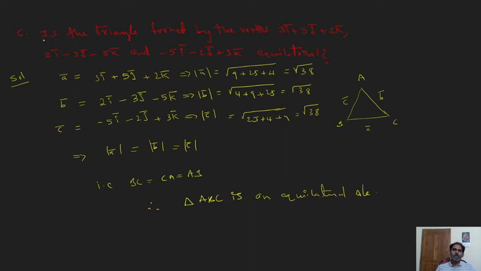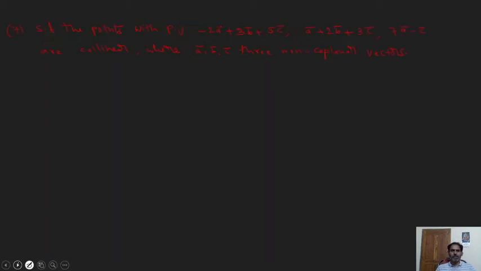So they are asking here, is this equilateral or not? All three vectors are given. These three vectors form a triangle. That's why the given vectors are sides. We have to understand that the given vectors a bar, b bar, c bar are directly the sides of the triangle. So we are finding the magnitudes of all the vectors. The magnitudes of the vectors are nothing but the lengths of the sides. All lengths of the sides are equal. Therefore, the given triangle is an equilateral triangle. This is the procedure.